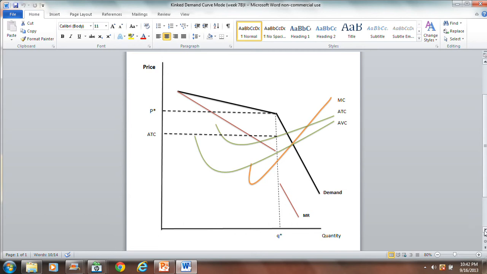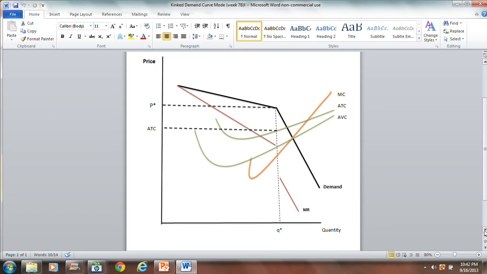Because oligopolies tend to be relatively large firms, the case of profit I've depicted here is the most likely case for oligopoly. Those firms do tend to make profits because of their size. They can keep competitors out because of barriers. They're producing a product that's different from the competition, and as a result, they do tend to make profits. So the most likely case for oligopoly is profit. All right.